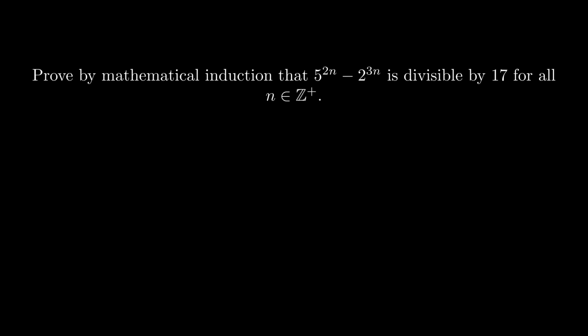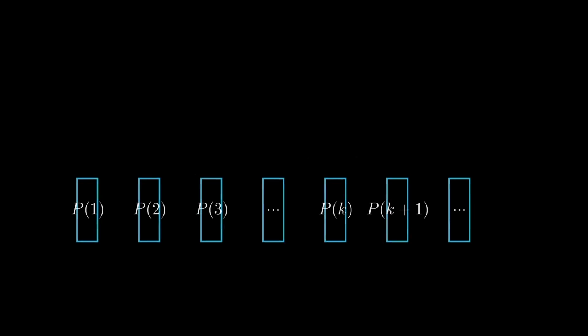We are asked to prove by mathematical induction that 5 to the power of 2n minus 2 to the power of 3n is divisible by 17 for all answers where n is a positive integer number. The idea behind mathematical induction is to prove a pattern, whereby if we have one situation, so the value of n equal to 1, then if this is true, that the next one will be true when n is equal